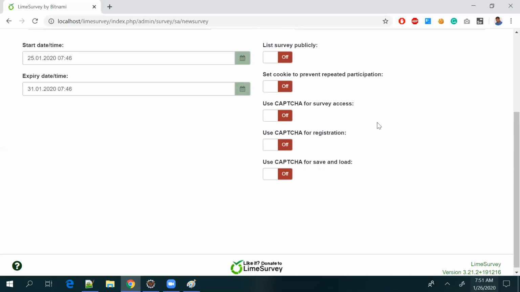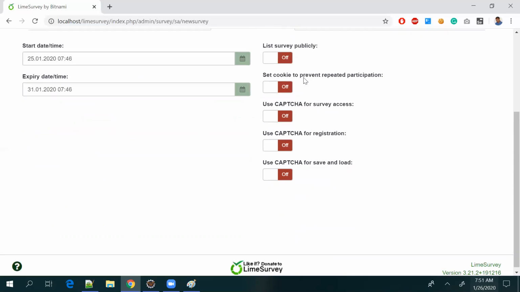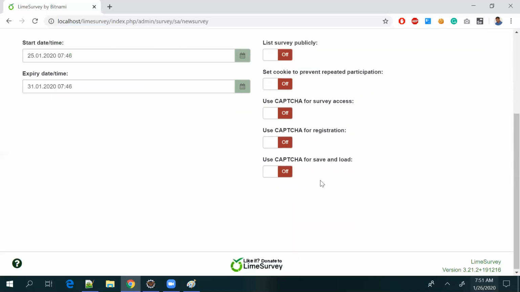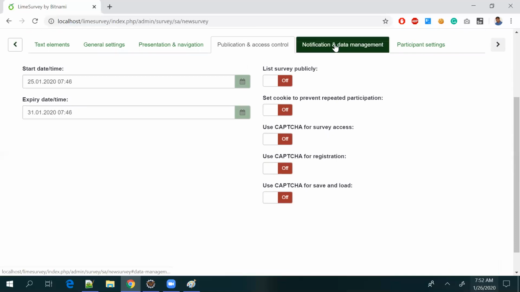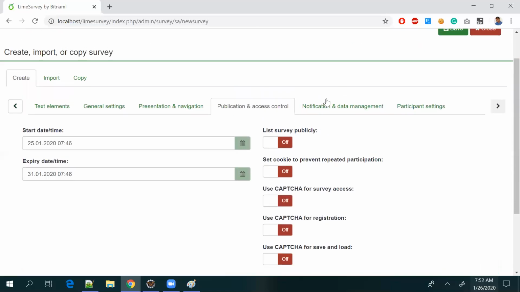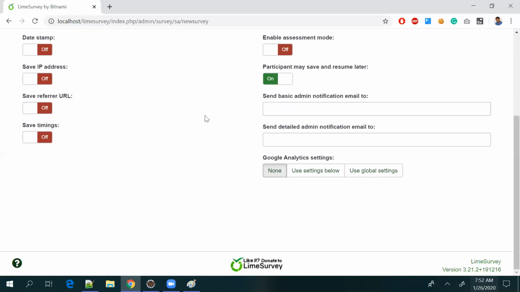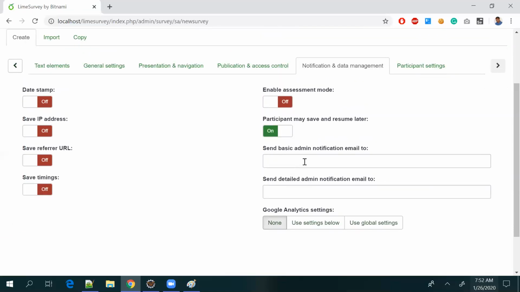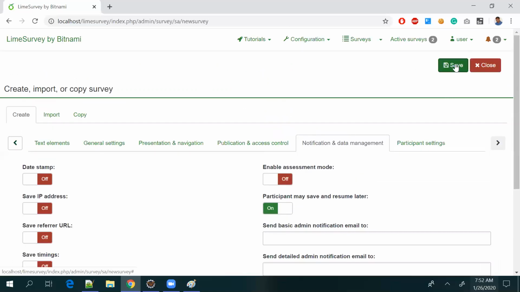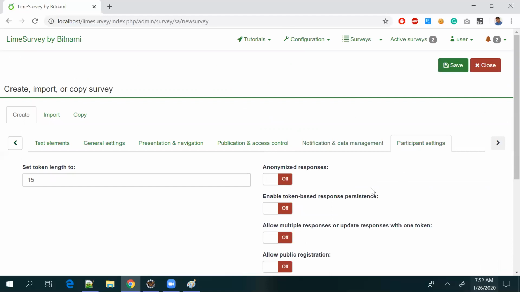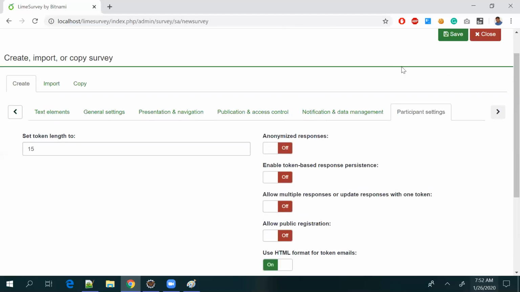Now list survey publicly, set cookie to prevent repeated participation. Use CAPTCHA for survey access. Use CAPTCHA for registration. Use CAPTCHA for save and load. CAPTCHA means it's for protection. Okay, I'll leave as it is. Then you don't have to fill all these things, just ignore it. What you can do is just click on save. Participant settings does the same thing. Okay,